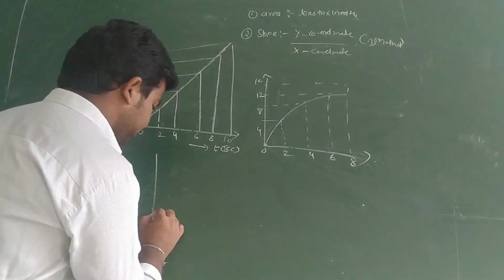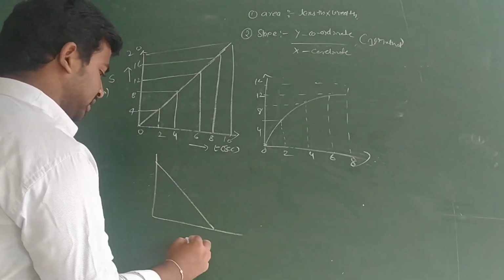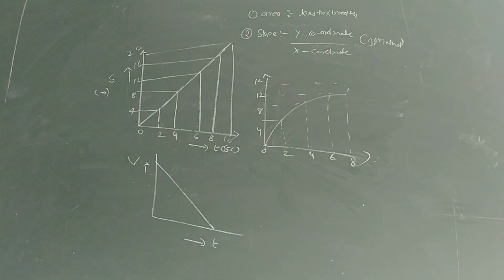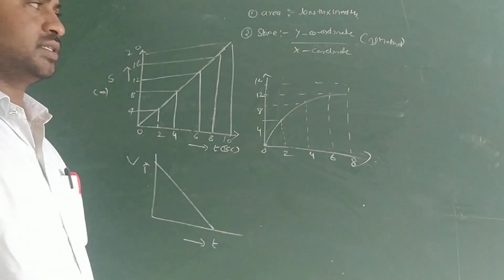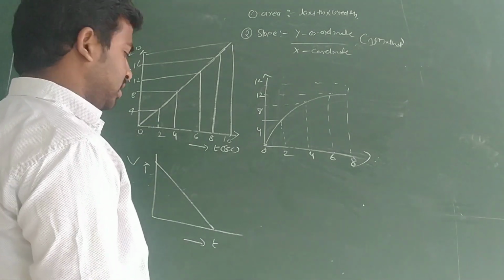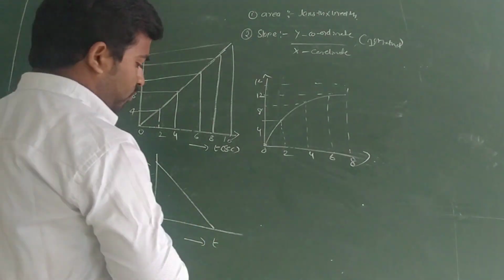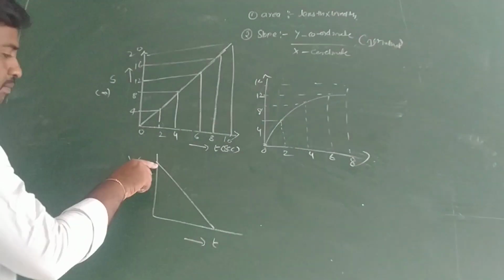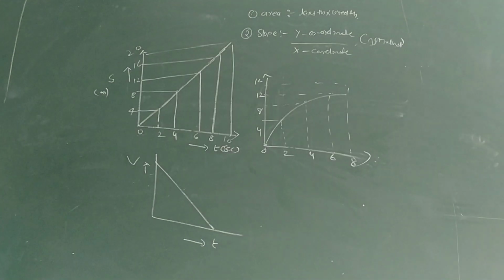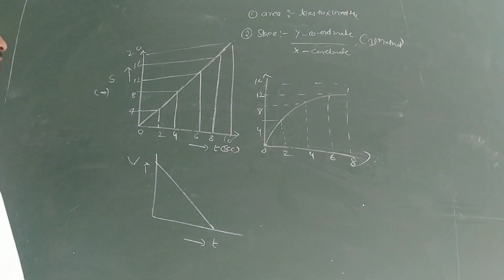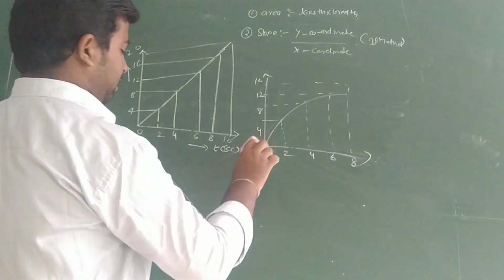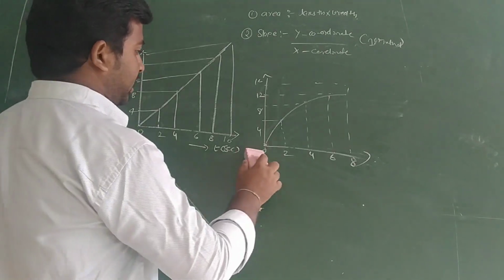But if you see here, it is time against displacement, so it is a velocity. We can say that it is of course uniform motion with a decreasing velocity. It is also a straight line like this, but reversed. One of the students from 9th class today was asking me, sir, why is it a uniform motion? It is compulsorily uniform motion, but with decreasing velocity. An object decreases its velocity over the particular interval. This is about the displacement-time graph. Uniform velocity, decreasing velocity with uniform motion, and non-uniform motion.